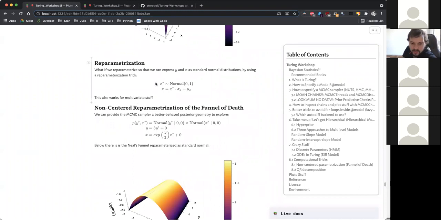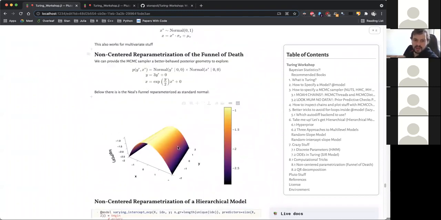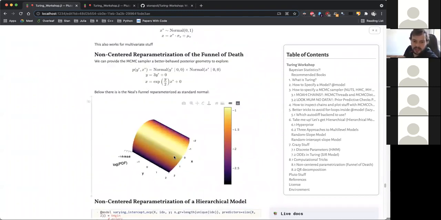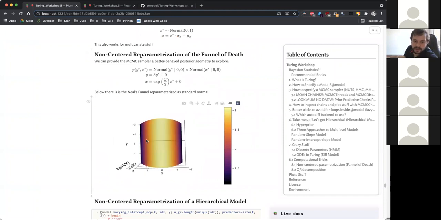You do a reparameterization, and the funnel becomes something like this. It becomes quite easy because you don't need to fuss around with the optimal epsilon and L. You can explore the whole geometry of the posterior,